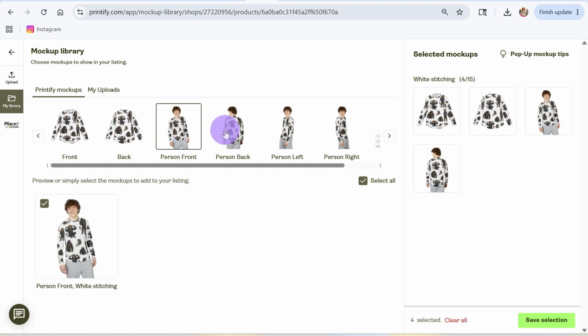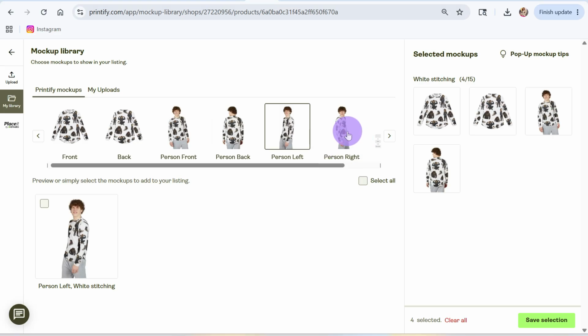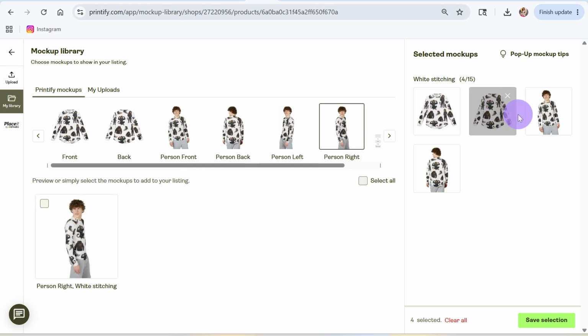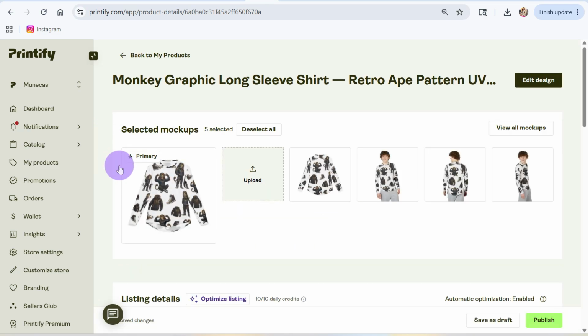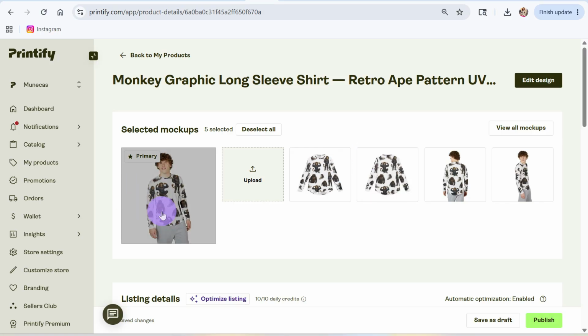On here, you can choose the different types of mock-ups that you want. So you can add them to your store. Okay. So definitely the person wearing it would be a great option. Okay, so all these are selected already, so you don't have to worry about that. Save selection. Okay, so now we just have to pick. This is my uploads in case you actually do have the shirt and you want to upload your own pictures. You can do that. Okay, we're going to say this one to be the primary image,